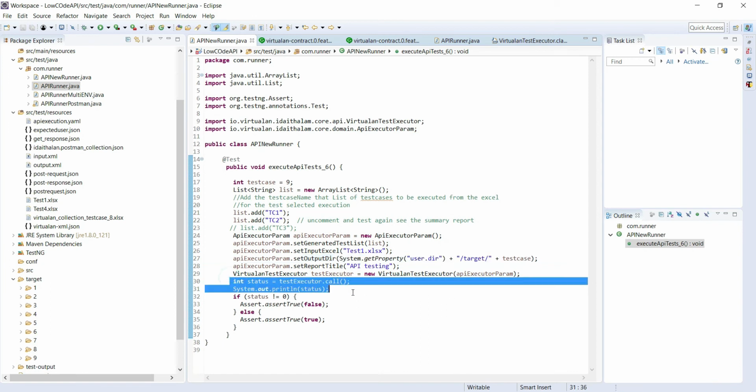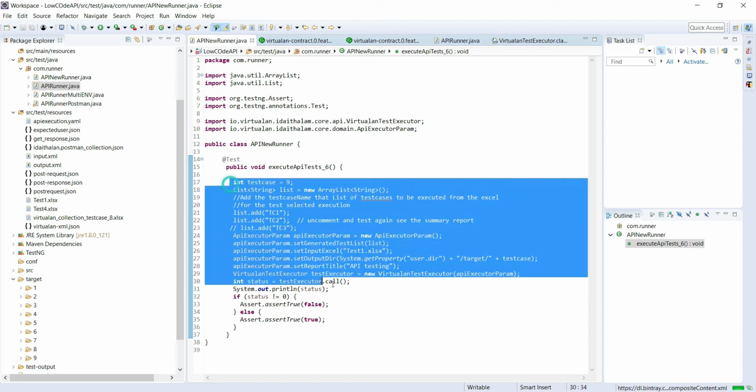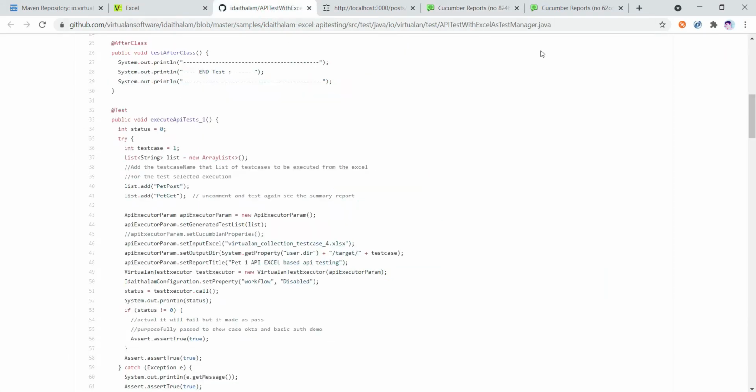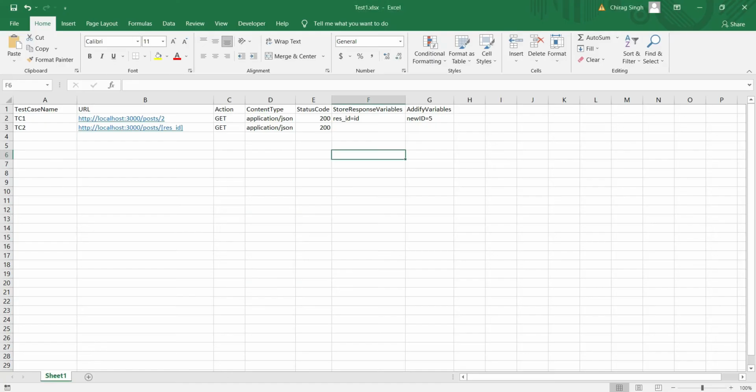Okay, so in our latest version you can use this code, and they also mention the same on this GitHub repository. So I will just give this URL. You can go and see their different code, how they are running the test cases. So in this video till now we have discussed how we can store, and what the new API runner is.